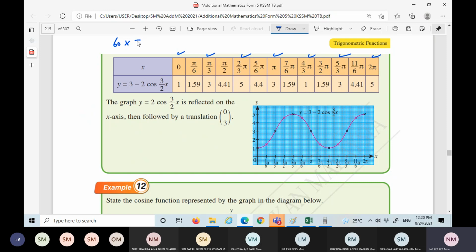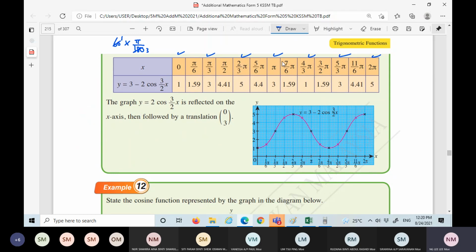Times pi divided by 180, correct? From degree we want to change to radian. Here you cut, this is 1, here is 3. Therefore you start with pi over 3. And then very simple. As long as you get the first one, pi over 3, you will follow